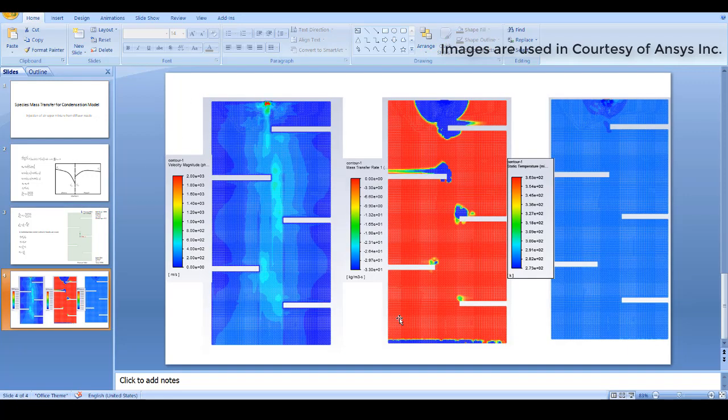So that is the condition that I have given, and from that condition, these are the contours that I have got. I'll go through Fluent also, but prior to that, I'll just try to give an insight into these results. So you can see the velocity magnitude has a huge value here due to the diffuser nozzle position, and these are the velocities we can see here, and these are the mass transfer rates. It is the air plus water vapor that is coming out from this inlet.